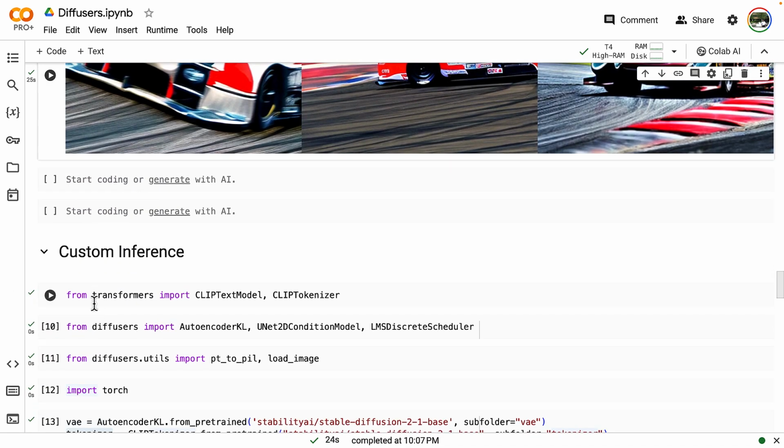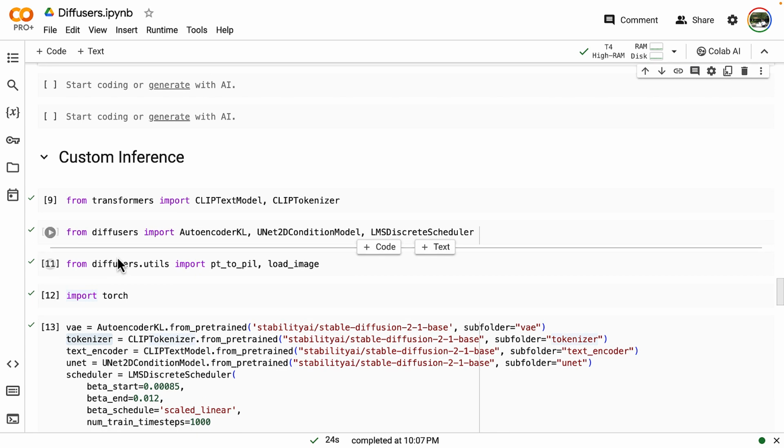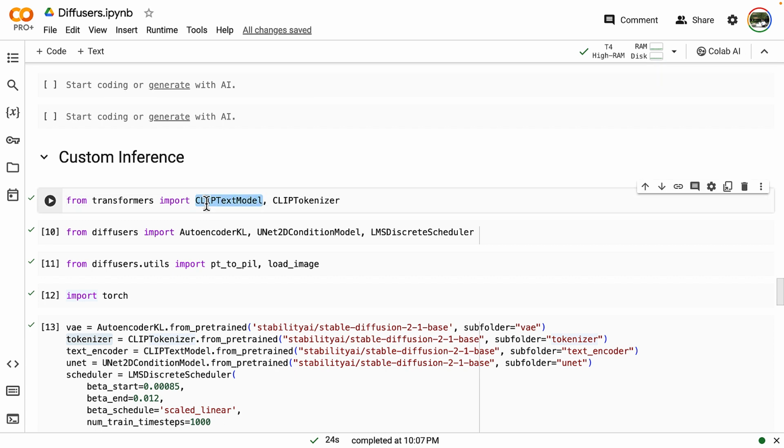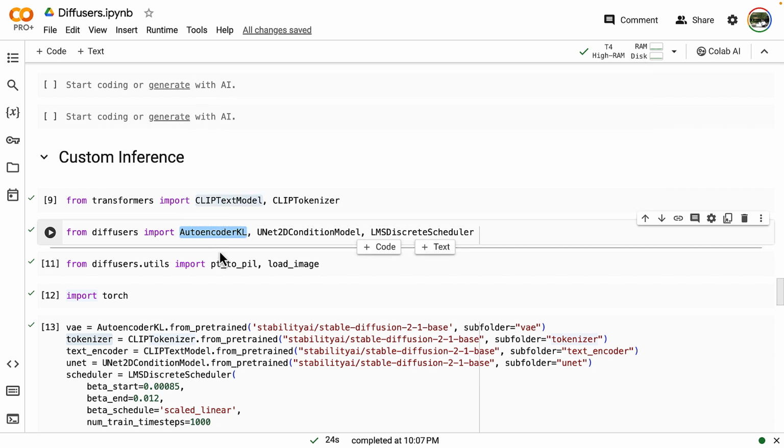So now let's look into how we can customize the inference by configuring the individual components inside the diffusion process, and that way we have more flexibility. In this case, we are going to get a reference to the individual components of a diffusion model. As we talked about previously, the CLIP model is responsible for generating embeddings from the text. Then the VAE has an autoencoder that can generate latents from an image and an image from the latents. Basically, they are responsible for generating a lower dimensional representation of the input image, and then it feeds into the UNet model, which can operate only on latents, and it can do operations at a really